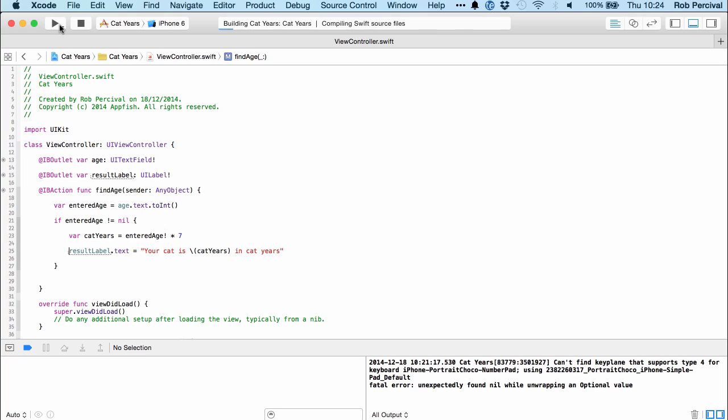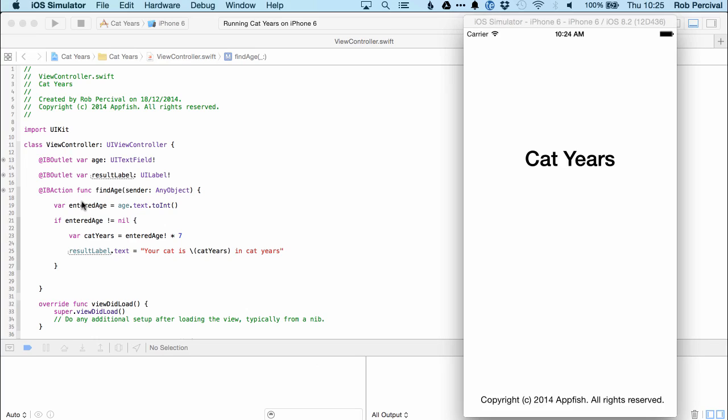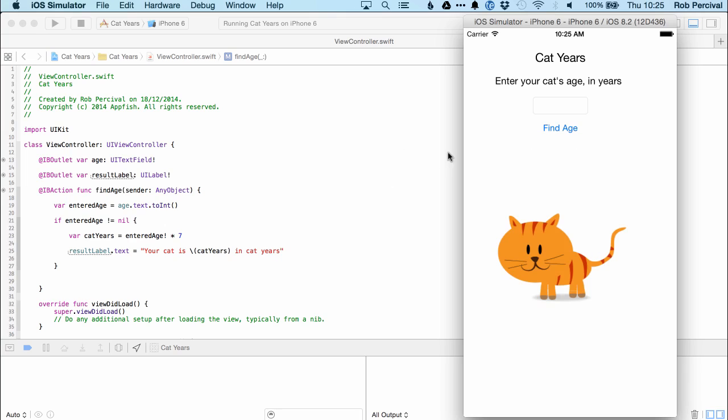So now if we run our app, what should happen if the user has entered nothing into the box or has entered a word or something into the box? Well, what should happen is absolutely nothing, but at least we won't get a crash, and a crash is what we really want to avoid. So let's just give it a try. If we put find age, nothing happens. Okay, fantastic. One last thing I'd like to add is I don't really like the fact that it does nothing. I'd quite like it to give the user a message. So